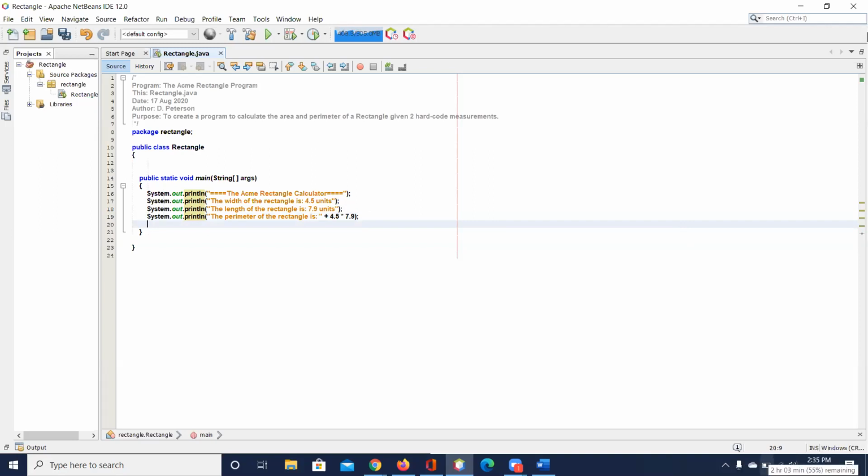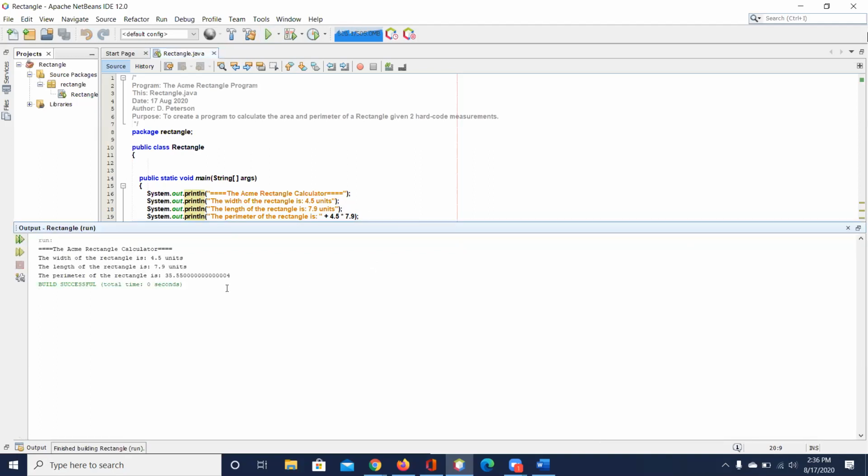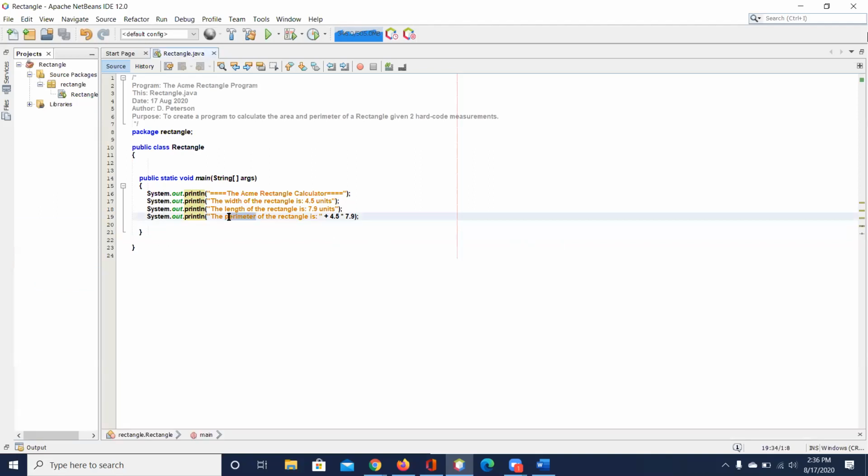And let's say I get to this point. Should I keep going? No. What I should do is come over here and try and run the program and see if I got this much of it right. And there you go. Now, again, this has to do with the computer being a binary computer. And I'm going to show you how to fix that later on. Don't worry about it. And I did this wrong, didn't I? I did the math wrong.